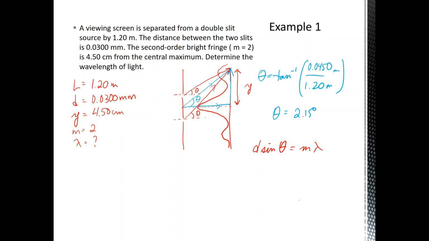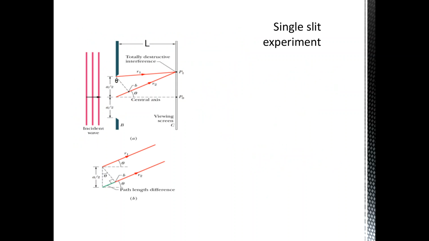They give you the m in the question, it's 2. They give you the d, you found the theta. So you can plug everything in now. So this is going to be 3.00 times 10 to the minus 7 meters multiplied by the sine of 3.15 is equal to 2 times lambda. And then lambda is going to be equal to,